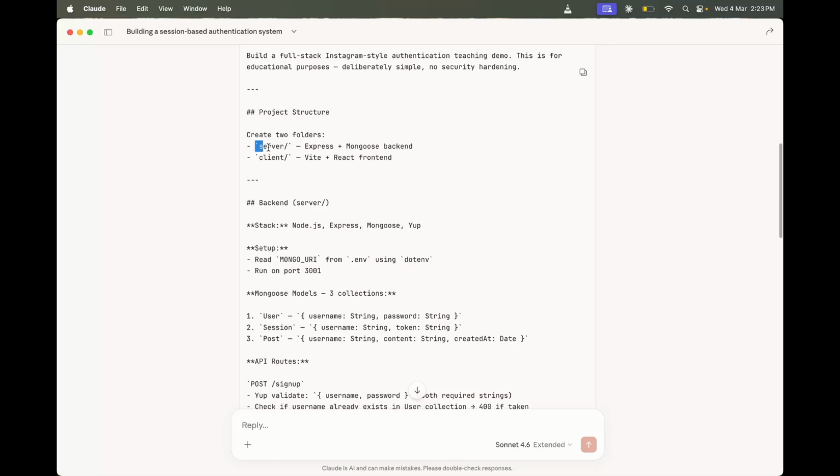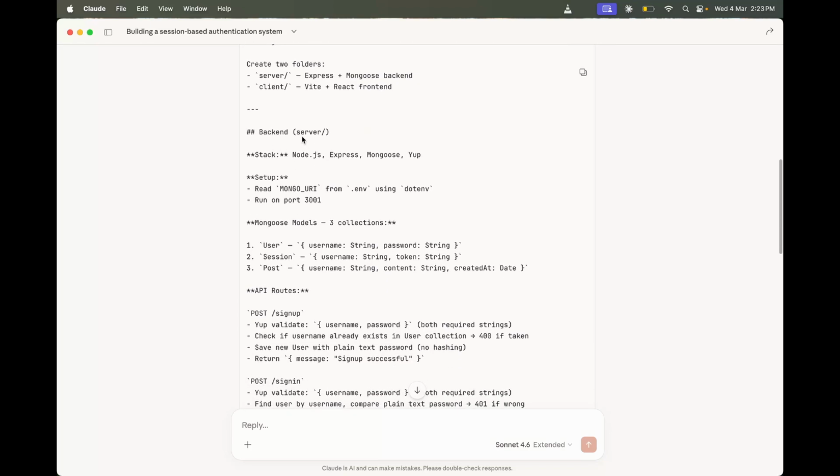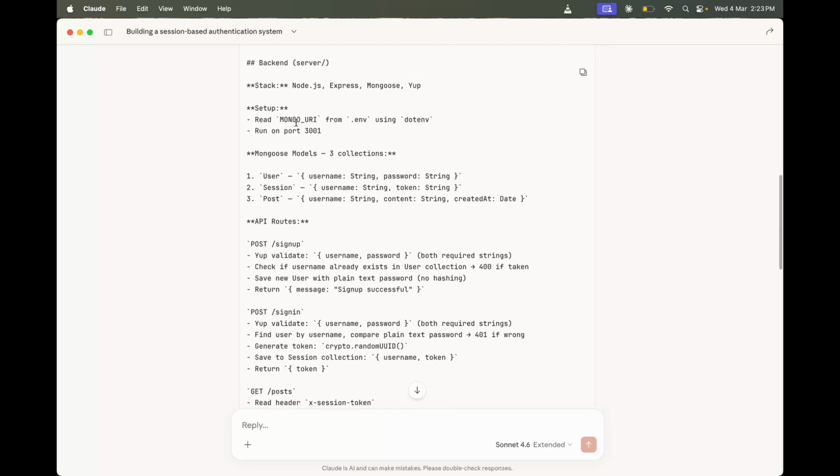There are going to be two folders, one for server and one for client. I'm going to use Express and MongoDB as my database, and React for the front end. The backend server stack is going to be Node.js, Express, MongoDB, and Yup for schema validation. I mentioned it can read the Mongo URI, that is the database URI, from .env, and the server should run